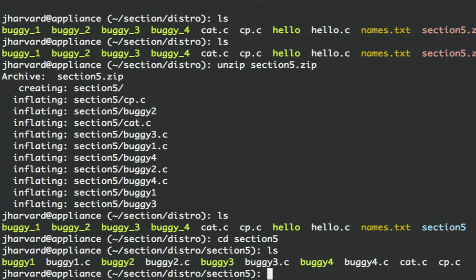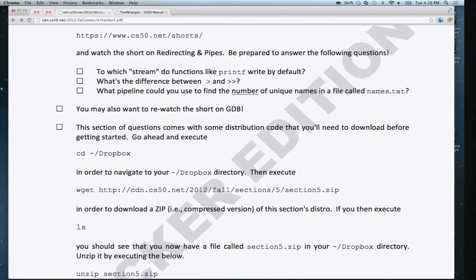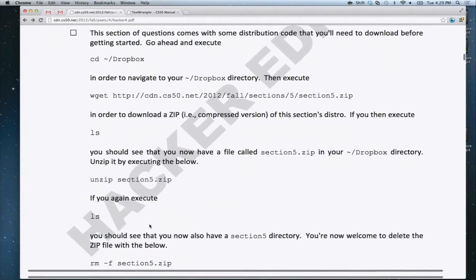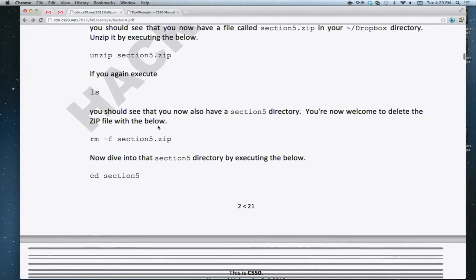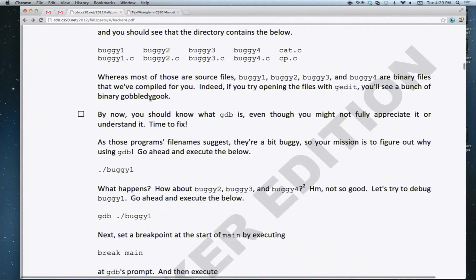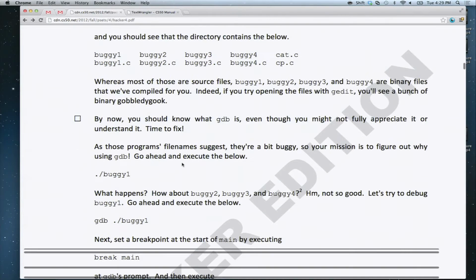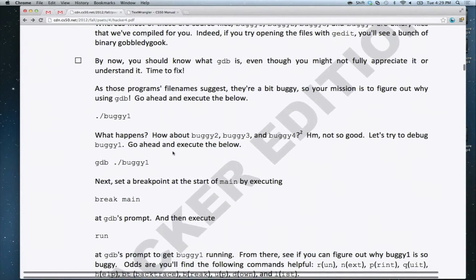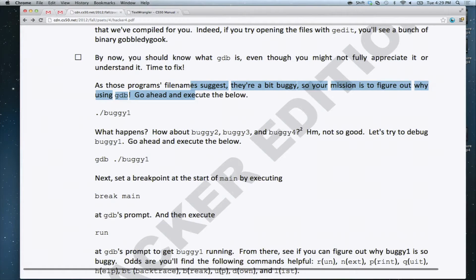I'll do stuff. So here. Okay. So unzip it. Okay, so as these programs' file names suggest, they're a bit buggy, so your mission is to figure out why using GDB. Does everyone have them downloaded, or know how to get them downloaded into their appliance? Okay, so running ./buggy1,